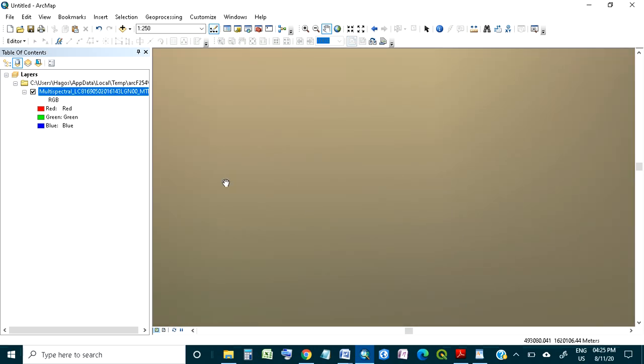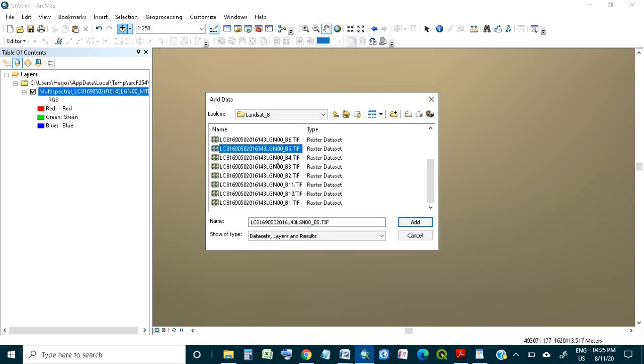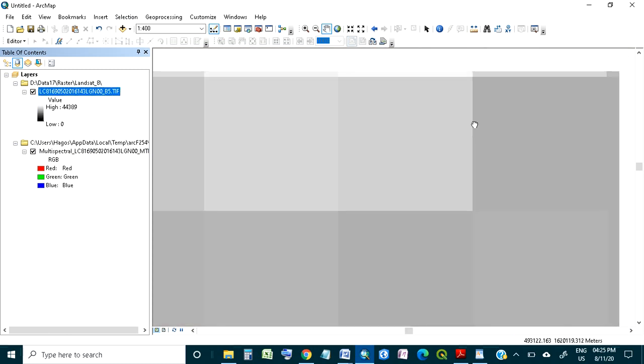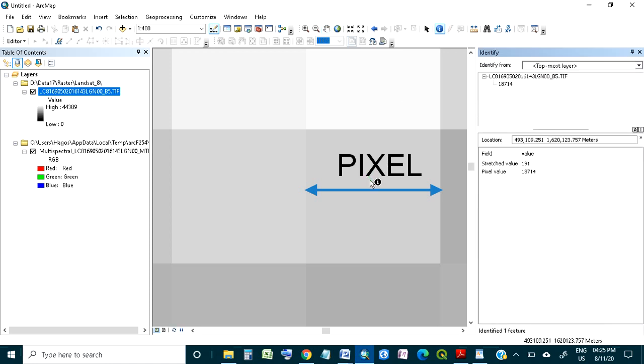Or what we can do is take only a single band, and a band will help us more. Let's see band number, with more energy, maybe band number 5. Yeah, so let's see band number 5. You see here, these are the pixels. These square shapes are the pixels, and these pixels contain some value. When I click here, this is the value. Pixel value is this